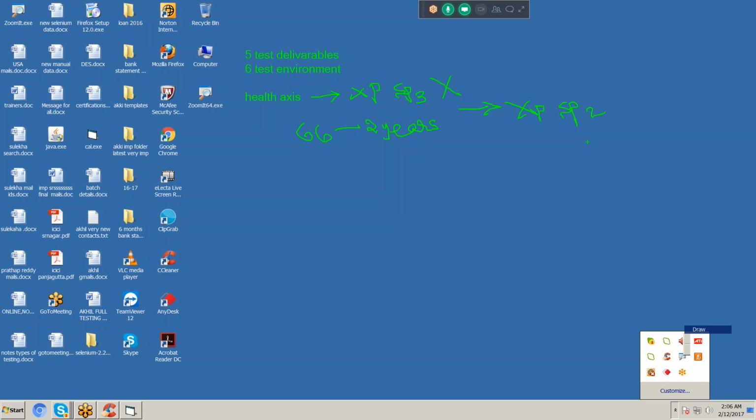If a button is missing, we can compromise. Sorry, they did it manually, so some mistakes will happen. Okay, we can excuse. But if it is not satisfying the environment, I will not compromise, madam. Why? Because I paid lakhs of rupees. I said only for this system purpose. Besides my system, I would have to maintain another system and install XP Service Pack 2. If I want to work with that application, I need to shift to that system and work. Why should I? No. Test environment is very very important, madam.